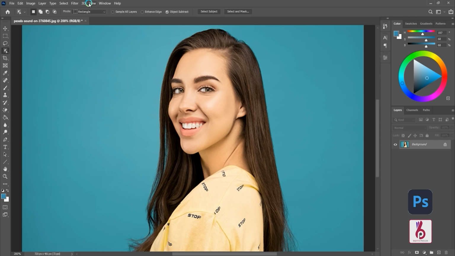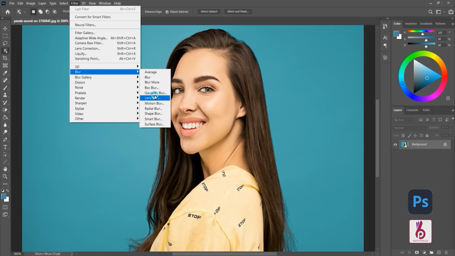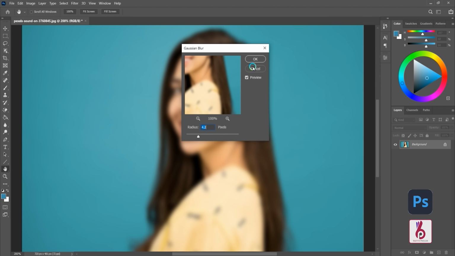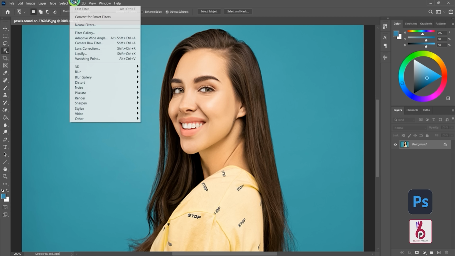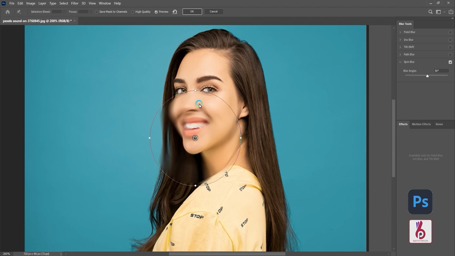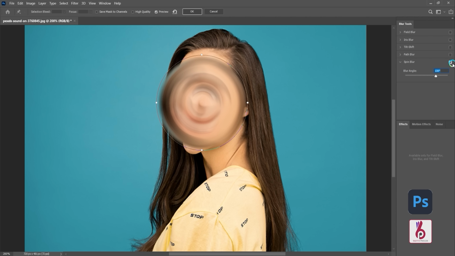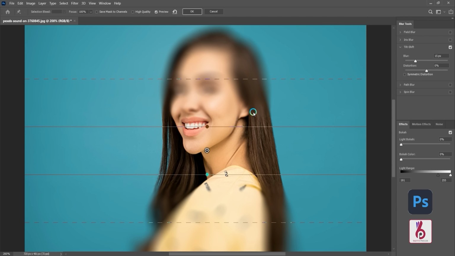There are few basic filters such as blur or if you need motion blur, then you can do it by selecting filter and blur. If you need to show image in depth of field, you can select tilt shift effect from selecting filter, blur gallery and tilt shift. Or if you need some more, then you can try distort, noise, pixelate, render, sharpen, stylize and other for image.